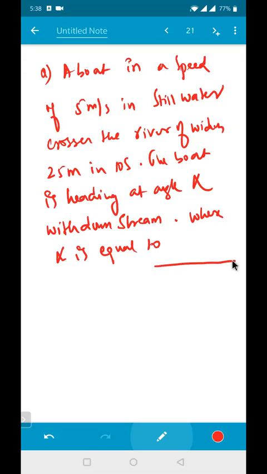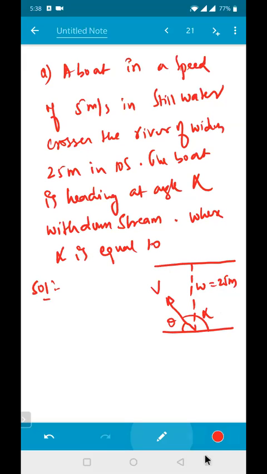This is the given diagram for me. So this is your shore and this is its displacement, and it is going like this, and velocity is v. This is making an angle theta. This angle is nothing but alpha, and the width of this one is given as 25 meter. One minute question. Generally we get such types of questions, you need to remember that. So time taken to go from one point to another point.